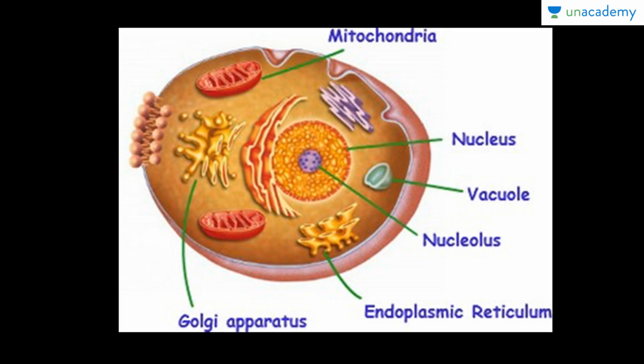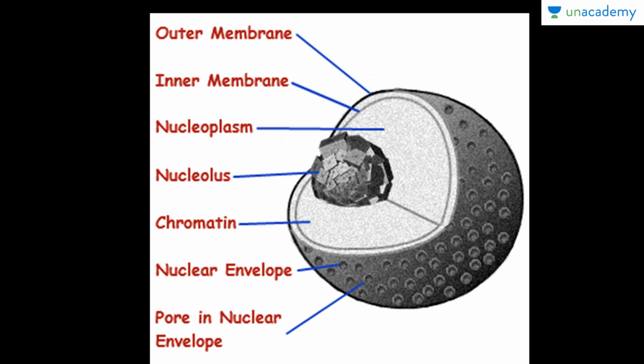So here we have the position of a nucleus. You can see this whole is the cell, and we can see a very prominent nucleus right here. You can see a nucleolus right in the center of the nucleus, about which we are going to study in a few minutes. Moving on, let's study the structure of the nucleus in a bit deeper detail, and I want you to remember all these points because we're going to do them in detail.